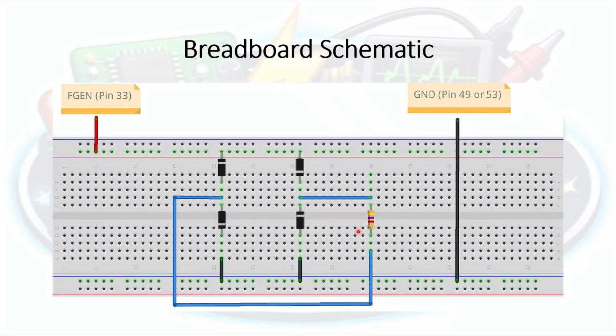The output resistor, the 4.7 kilo ohm resistor shown earlier, will be connected on the typical output terminals of bridge circuits, which, as I mentioned in the previous slide, is between diodes 1 and 2, and the other leg of the resistor will be connected between diodes 3 and 4.